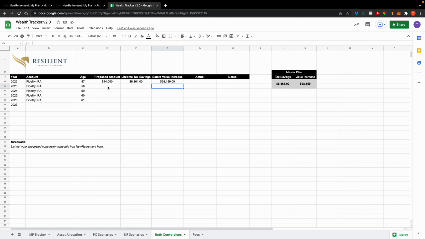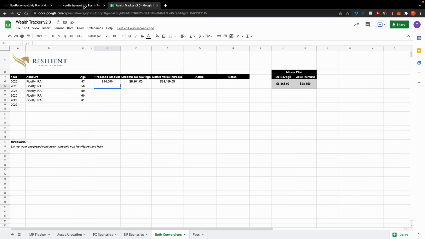And so what you're going to want to do is, if your wealth tracker does not have this, you have an older version, just make a copy of this one here. And then you can re-input some of your numbers and copy those over from your previous wealth tracker sheet. I'm always updating this, so just make sure you check in every now and again to make sure you have the most recent wealth tracker, because odds are it might look a little bit different.